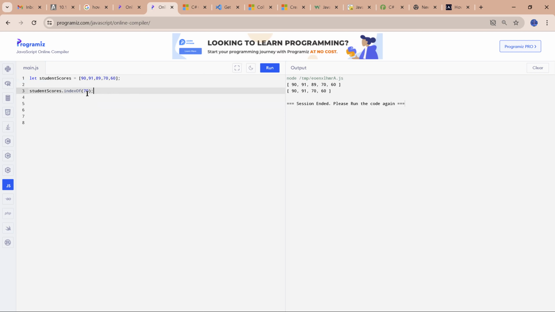If this number is there, 70, it is going to return the index position. That is why the method is named indexOf. So I'm going to print the index to the console, console.log. So once I print,